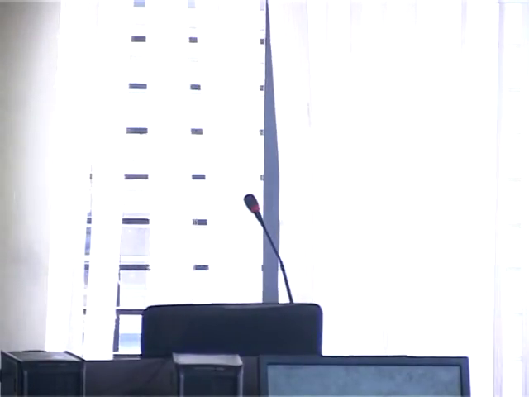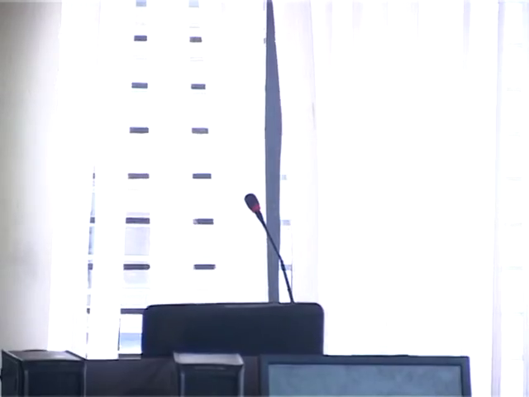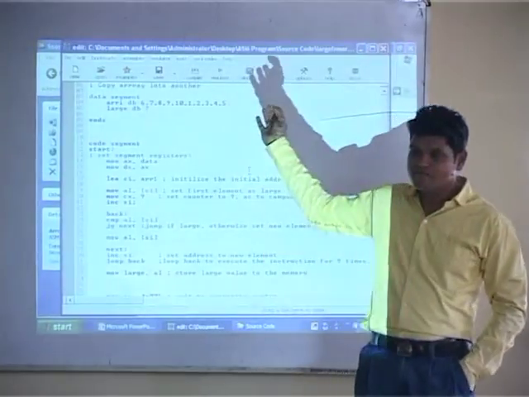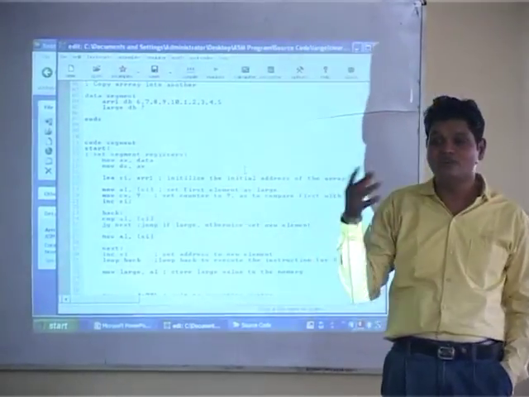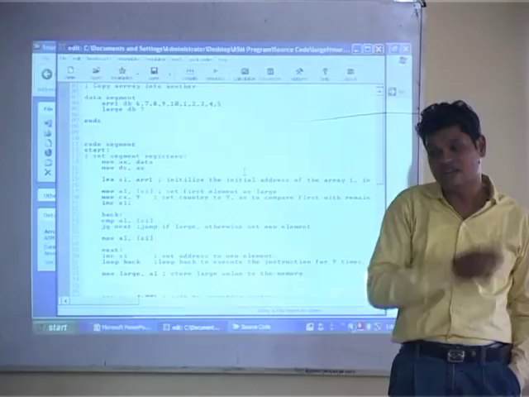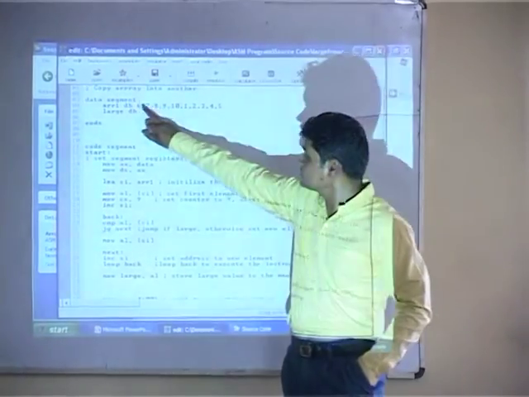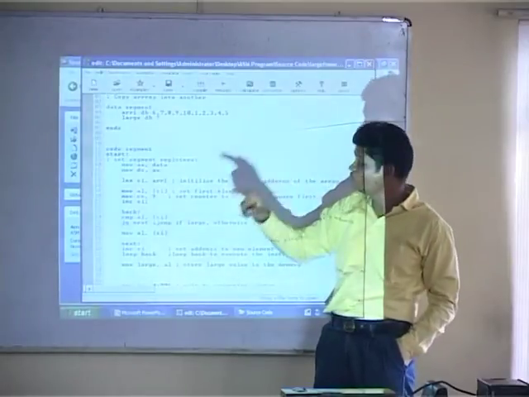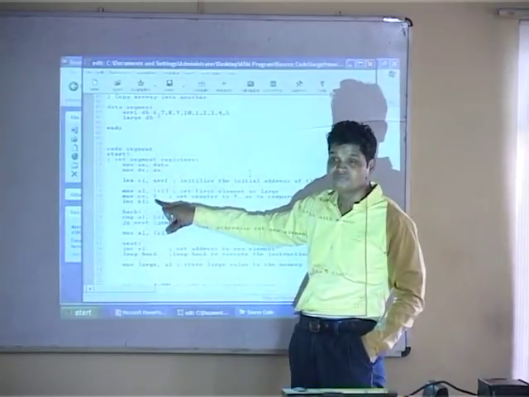Just wait. Now how many elements are to compare? 10 elements are there. But how many comparisons are we doing? 9, because I assume that the first is large. I have to compare this with the remaining ones, so finally 9. Because of that I take the count now 9.